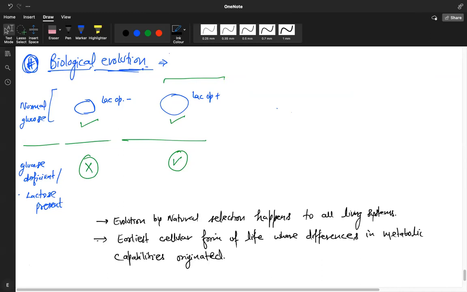Now you'll be amazed to know that there is a kind of bacteria that has been found which has even adapted or learned to survive in the absence of phosphorus. Now you must be asking, okay, if there is no phosphorus, how is the DNA replicating? How many of you are familiar with the periodic table? Have you studied it? Of course, you must have studied the periodic table in class 11th chemistry.